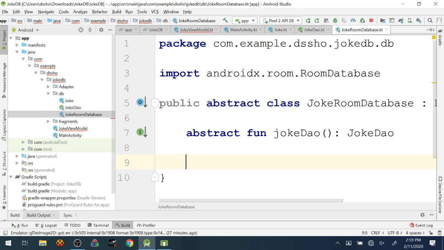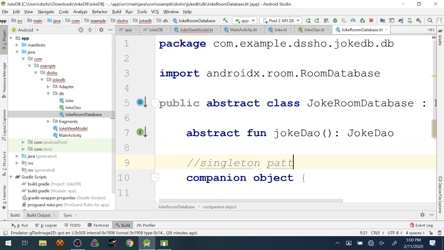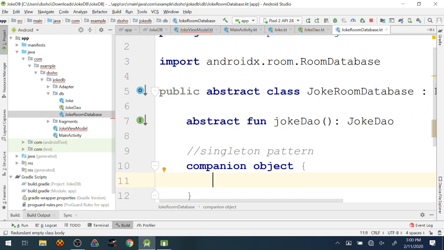So all of the code that I'm about to type next, and it's a non-trivial amount of code, is all serving the purpose of trying to enforce this Singleton pattern. In fact, I'm even going to put a little comment up here. Singleton pattern.